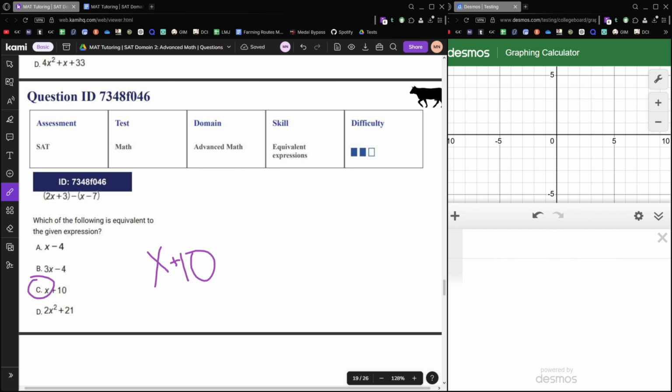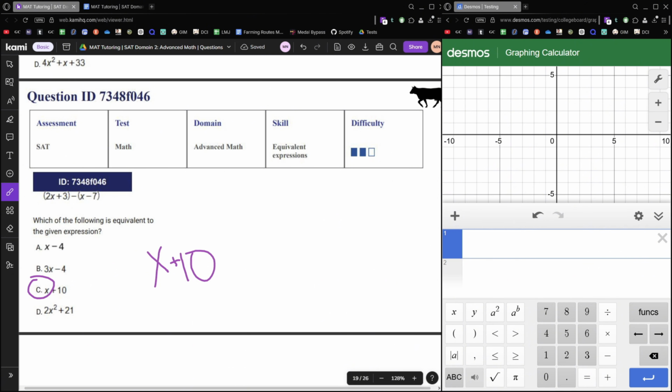But if you want to see what it would look like in Desmos, oh my goodness, I just keep cracking myself up. Wait, crack? Okay, anyways,